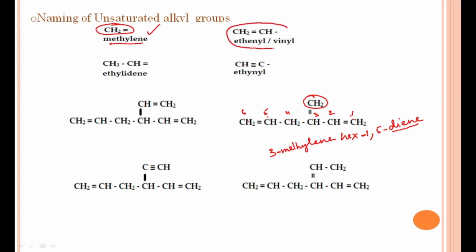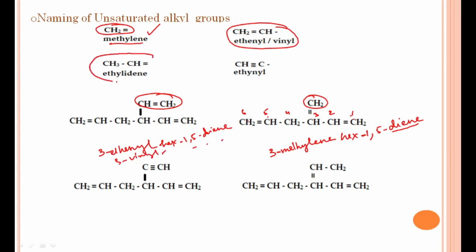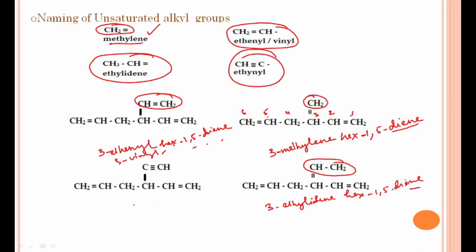If you take this example, this is ethenyl. Where is the group present? Here, ethenyl. The remaining part will be the same. Hex 1, 5 diene will be 3 ethenyl hex or 3 vinyl hex 1, 5 diene. If we come to this structure, ethylidene, here it is present, ethylidene. Similarly, 3 ethylidene hex 1, 5 diene. Here also, what is the name of that group? Ethynyl. 3 ethynyl phenyl hex